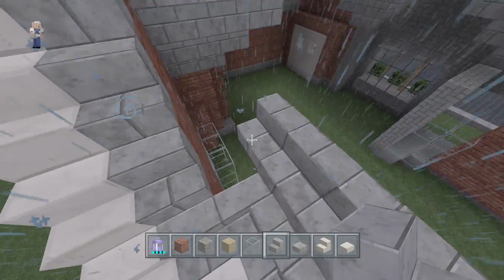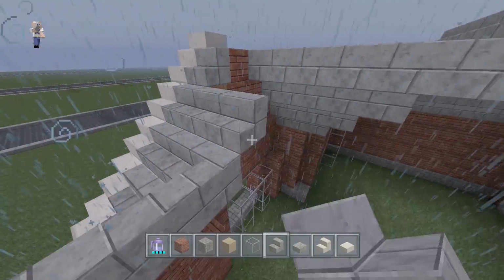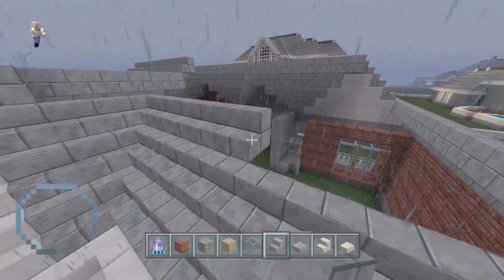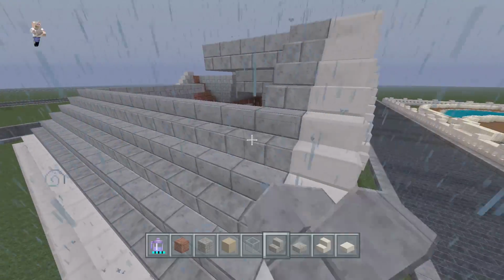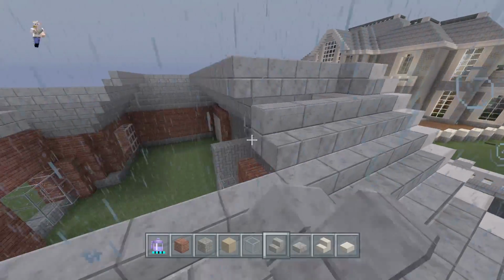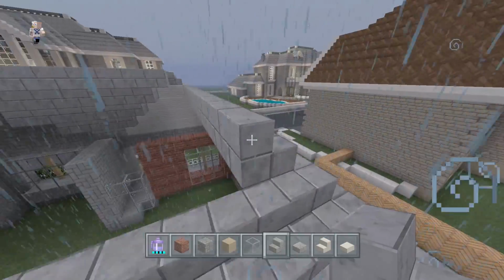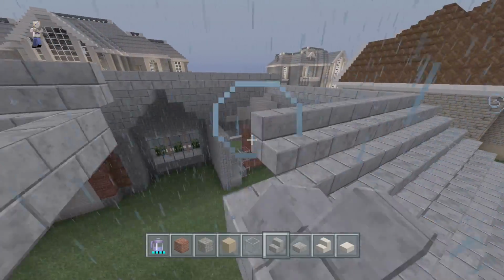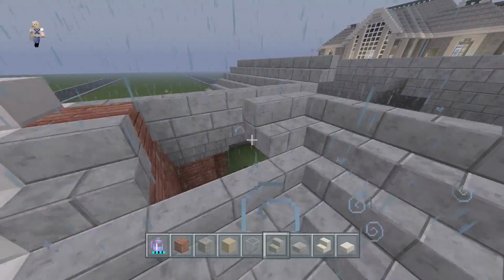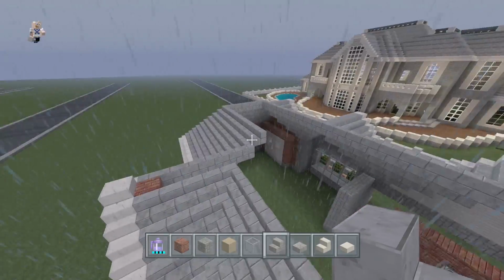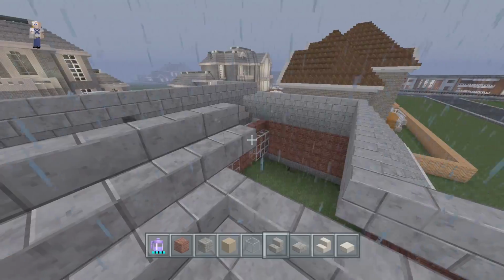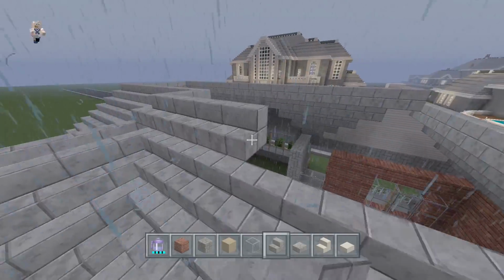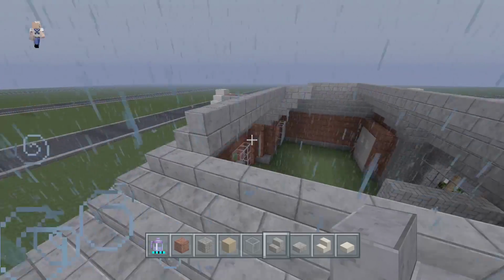I don't have a mansion for this series, but I do have one planned out that I've seen pictures of. A lot of the designs for these houses right now are coming from a server that I've talked to the owner of, and he's the president of the server. I asked him, would you be okay if I used some of your builds for tutorials?